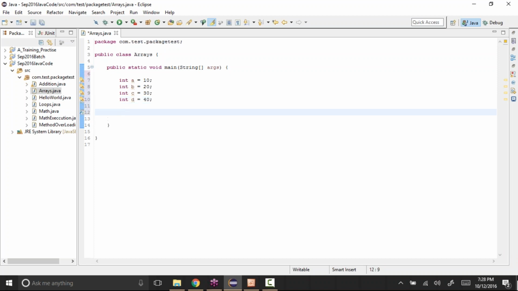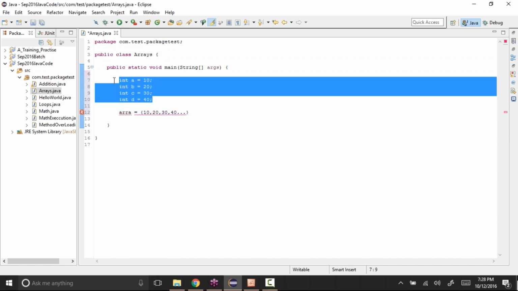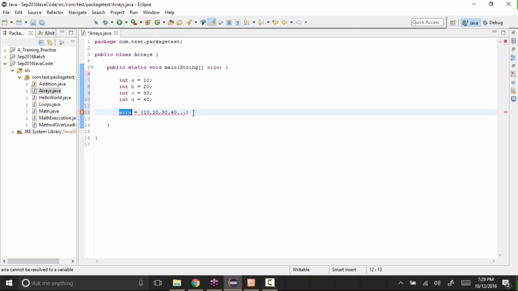For example, something like arr equal to 0, 10, 20, 30, 40, and so on. So instead of creating multiple variables, we can create only one variable like this and store multiple values into it.